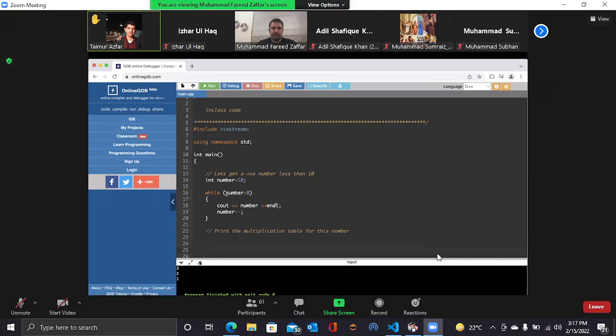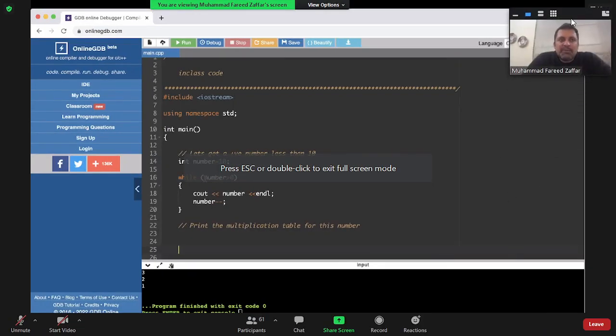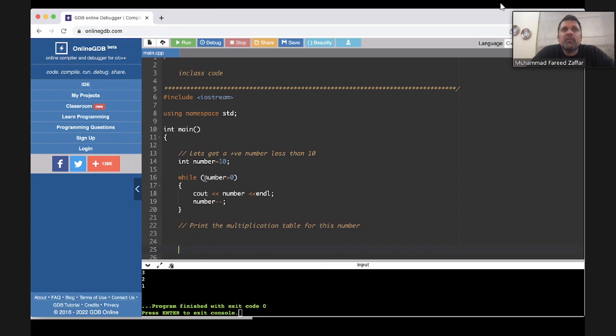What is the difference between a while loop and a for loop? Okay, what I'm about to say will get me crucified by Dr. Junaid and a few other people who teach programming. But if you actually know how to create a while loop, you'll never be needing a for loop, other than exam questions. And if you know a for loop, you will never be needing a while loop.